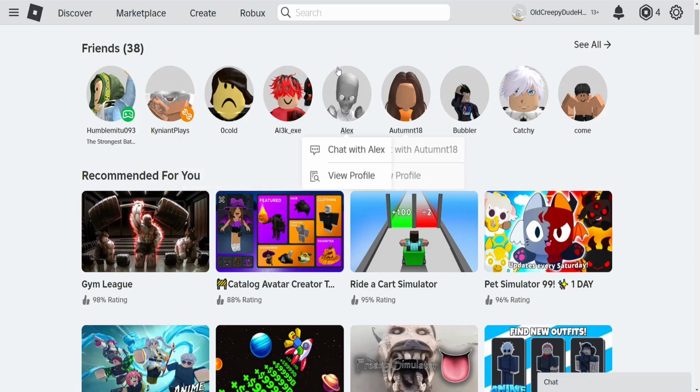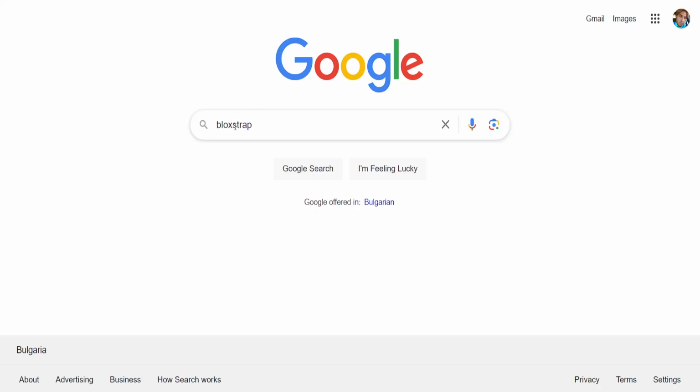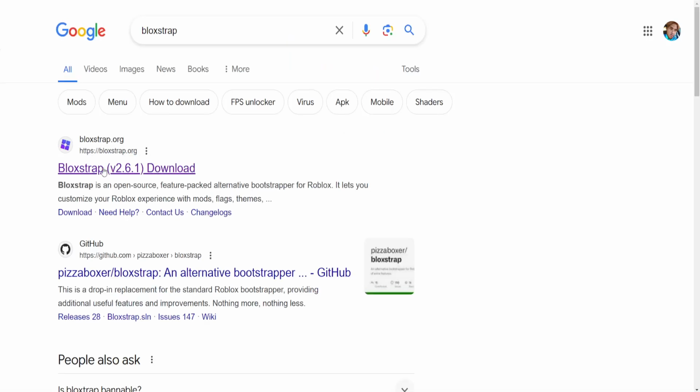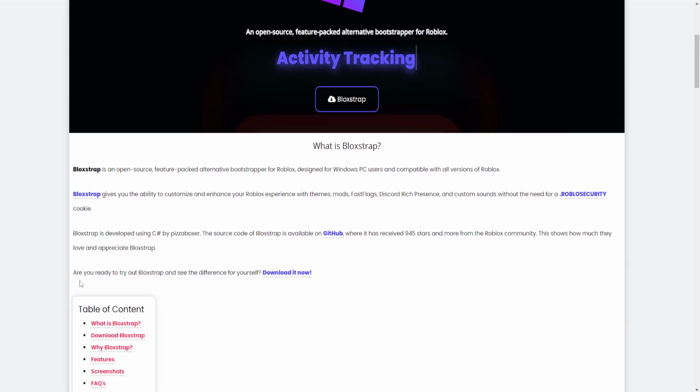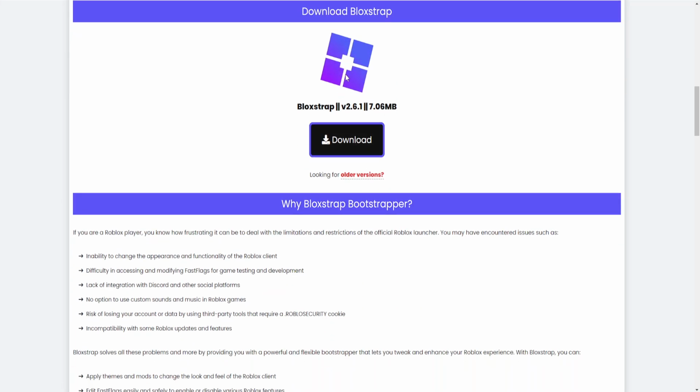Here's a quick video on how you can download and install Bloxstrap. So I'm just gonna go into Google and I'll search for Bloxstrap, and we want to click on this first link here. Now, if we scroll down a little bit, you will be able to see this. Are you ready to try out Bloxstrap and see the difference for yourself? Download it now. Once we click on it, it will refer us further down the page, and just click on